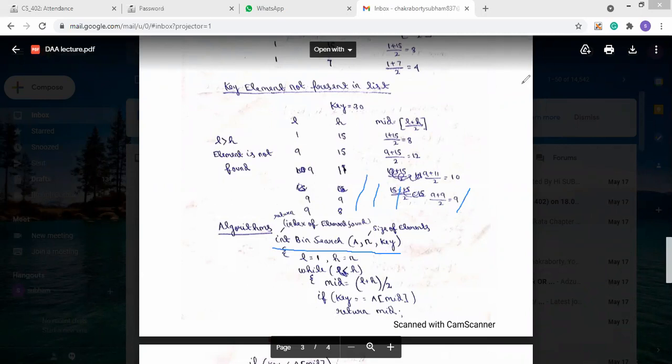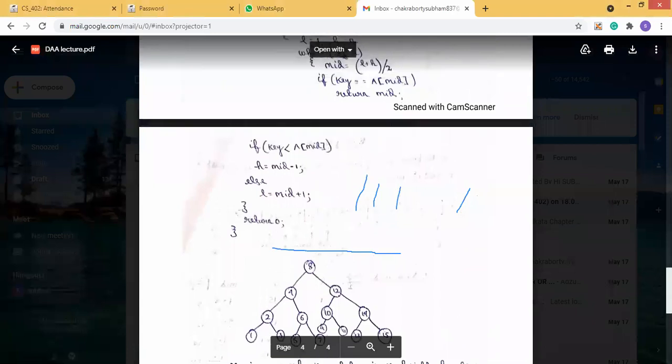But if the value we are searching is less than a[mid], then the high will be moved to mid minus 1.